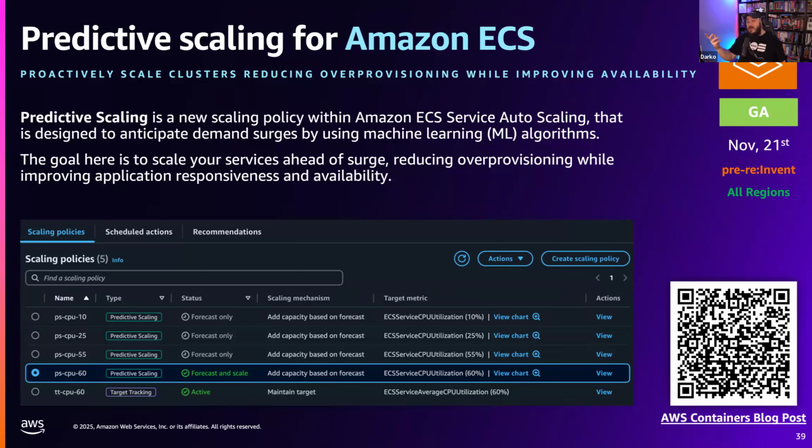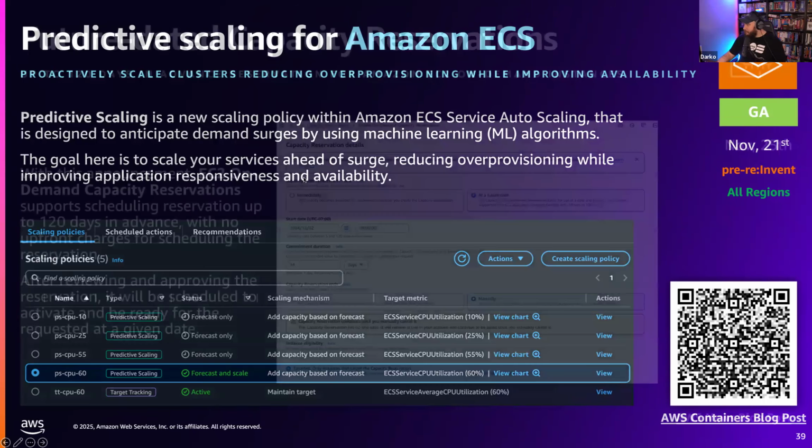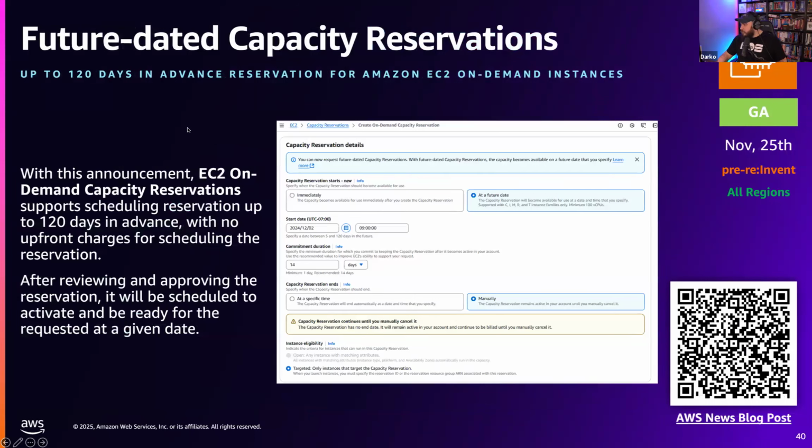basically works alongside your reactive scaling policies, right? It will scale up your systems. It will not scale down. That's very, very important here. The predictive scaling doesn't trigger scale in based on predictions. It doesn't want to do that, right? Only scale out. So it will not decide, you know what, I don't think you're going to have any traffic now, scale down. No, it won't do that. However, it will scale up when it predicts you should have traffic. Really cool, really interesting feature to help you scale up. Future data capacity reservation.